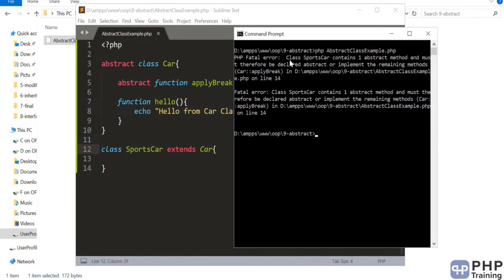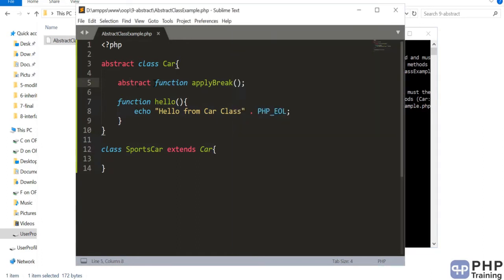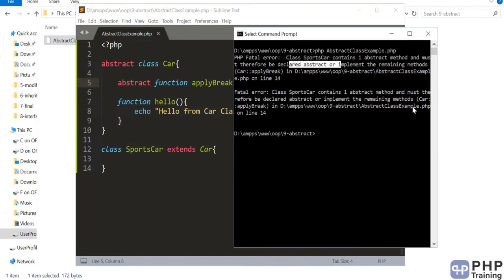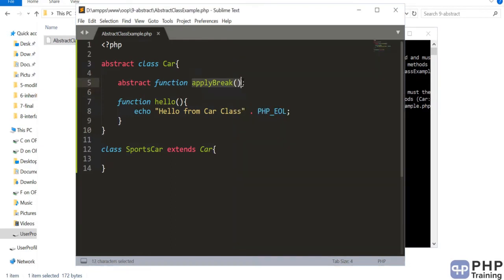Okay, so the sports car contains one abstract method and must be declared abstract. Because you have mentioned it as abstract, it's saying you have to implement it, and that method is apply break. So let's implement apply break.